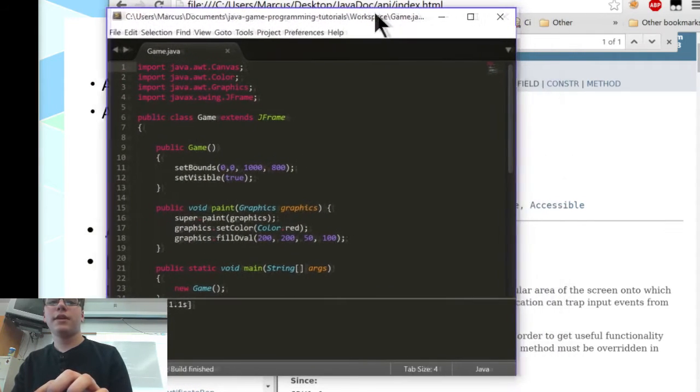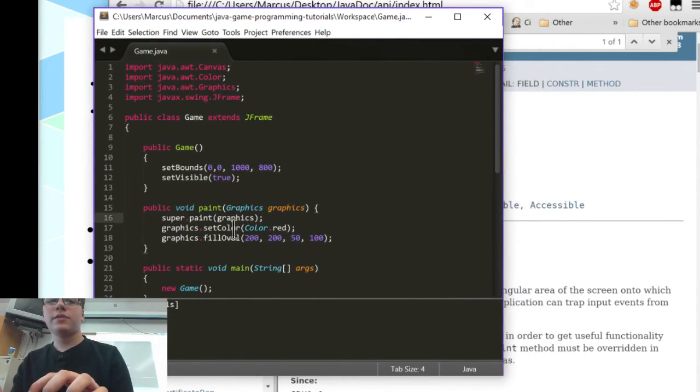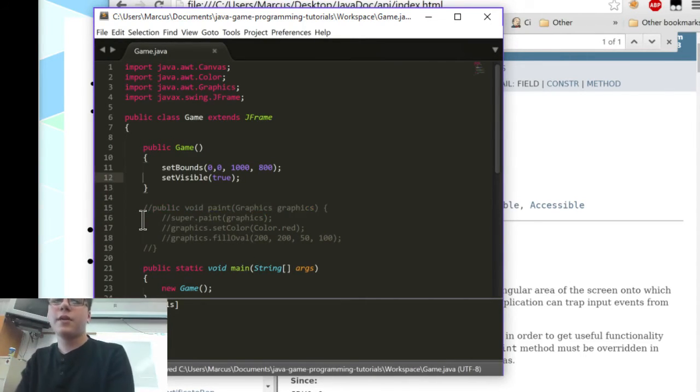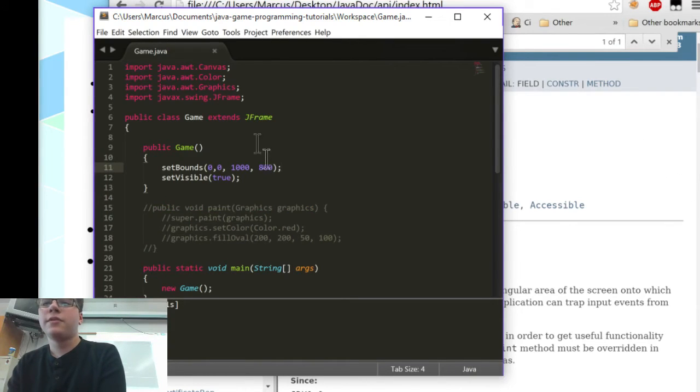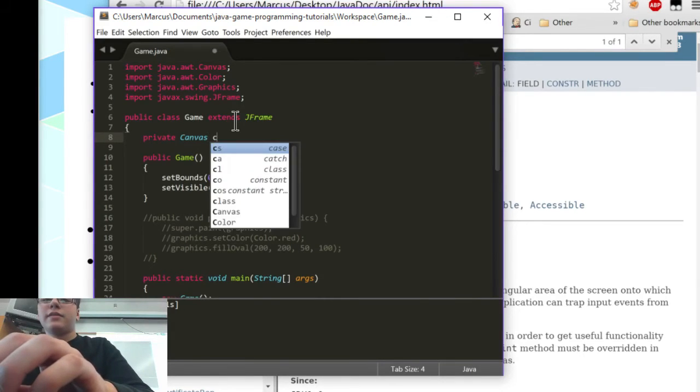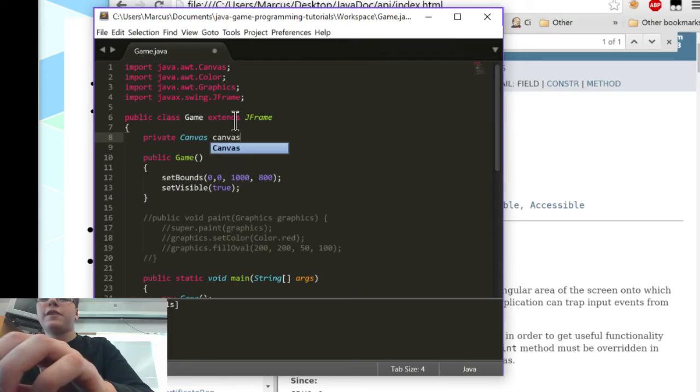We do. Compiled. Alright. So let's go ahead and comment out our stuff we have here because we're going to do something completely different than paint. In fact, we're just going to comment out the whole method so it doesn't override it and do nothing. So make sure you comment out that whole method. Or just delete it, whatever you want to do. And here, instead of extending Canvas, because you can't extend two things, and we're really not going to be doing that much within the actual Canvas, other than just getting stuff from it, we're going to go ahead and create a field for Canvas right outside.